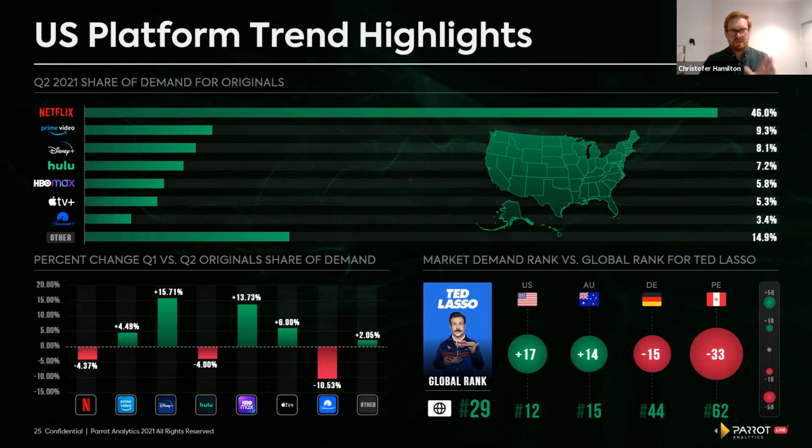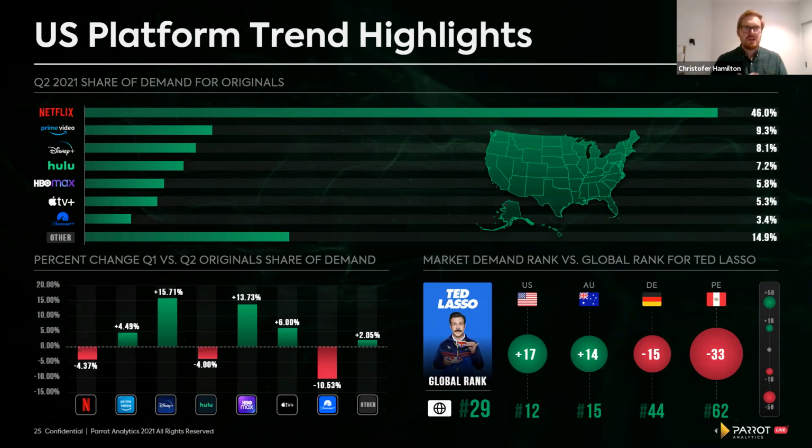Now, if you look at the bottom left, I like this chart because it really sums up how things have shifted quarter to quarter. So we see Netflix demand share was down 4% from where it was in Q1. Just a reminder that 4% is a 4% change in demand share, not 4 percentage points of its demand share lost. So keep that in mind. But yeah, Netflix declining a bit.